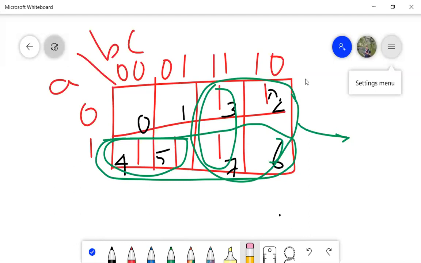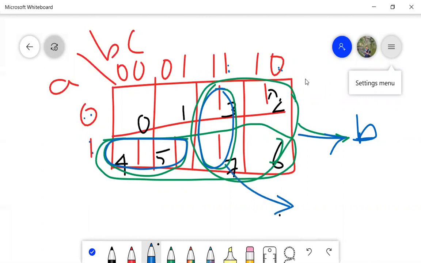So now how do I solve it? This is one pair over here, this is one pair over here. Now if I solve this, this will be equal to the quad. In the quad, in A, 0 and 1 is getting cancelled. Here also 1 and 0 is getting cancelled. Only B is left out. Then when I solve this pair, again 0 and 1 will get cancelled. C, 1, 1 is common.